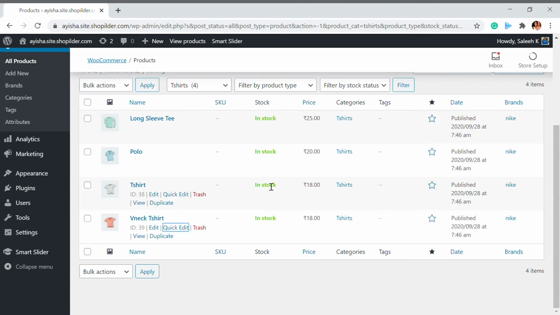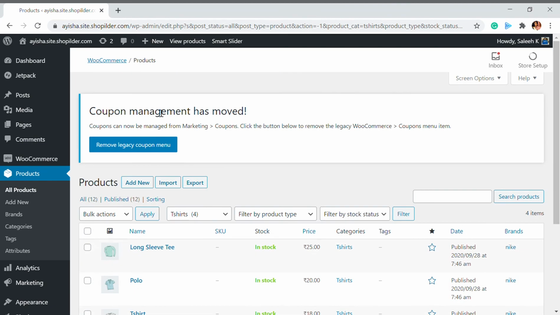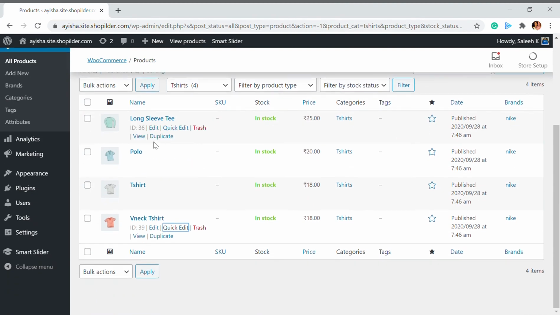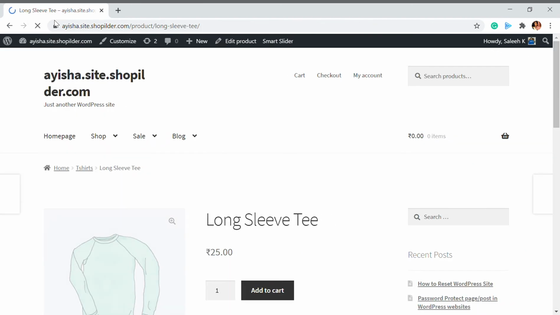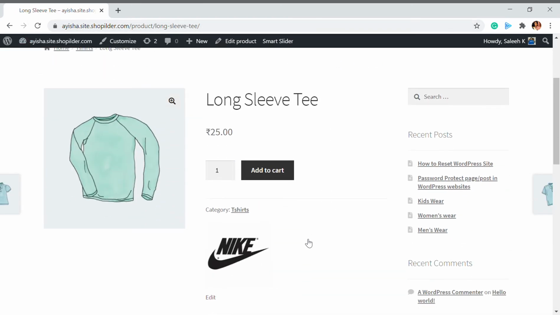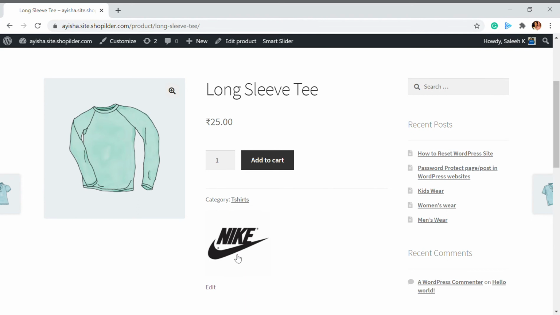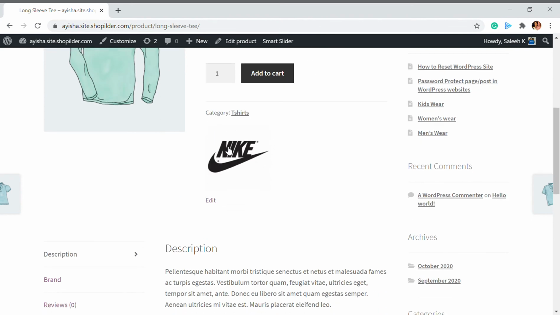Okay, so that's done. I've categorized all those things and added all these things. Now let's go to the website. I'm going to click View from here. In this I'll be able to see my product, and the logo is visible over here. This shows that this product is under that brand name.